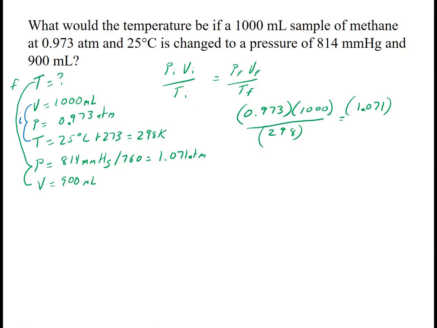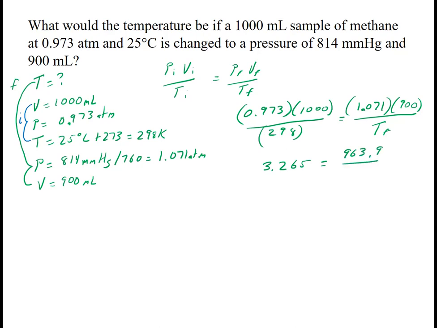I have a final volume of 900 milliliters, and it wants to know what the final temperature is. Okay, I'm going to simplify down this side. So when I multiply 0.973 times 1,000 divided by 298, I get 3.265. When I multiply 1.071 times 900, I get